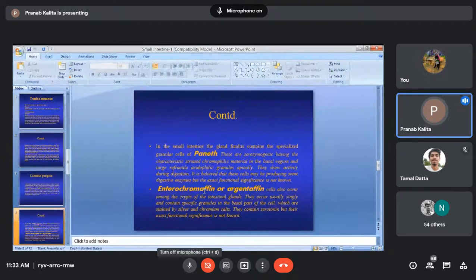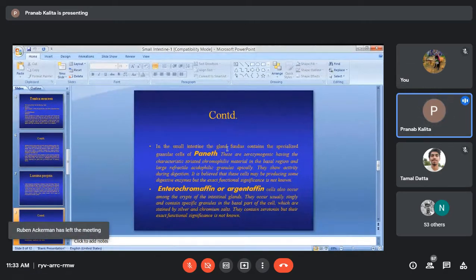Then, in addition to that, in the lamina epithelialis mucosae you have columnar and goblet cells. In the lamina propria, you will find the crypts as well as the collagen, elastic and reticular tissue. In addition to that, in the small intestine, the glands of the lamina propria are the crypts, crypts of Lieberkuhn, or the intestinal glands.